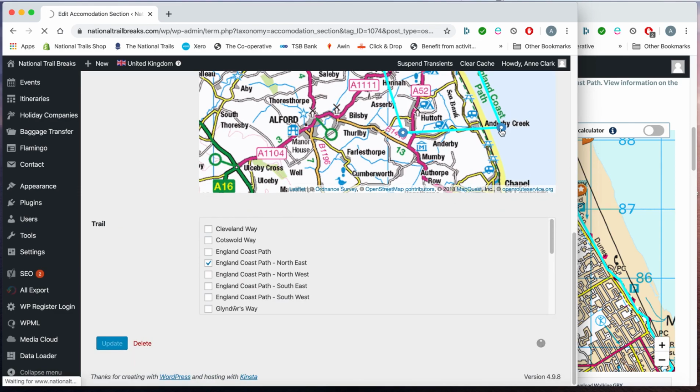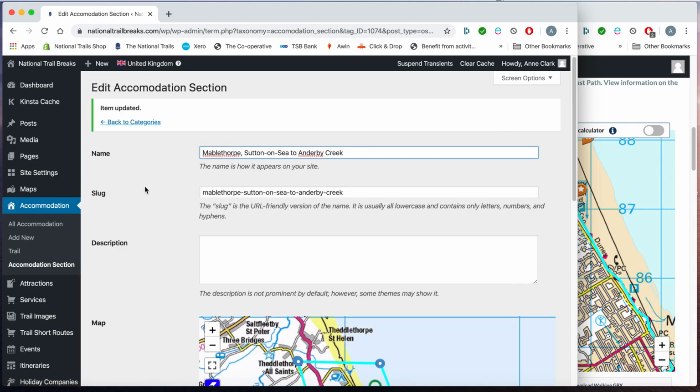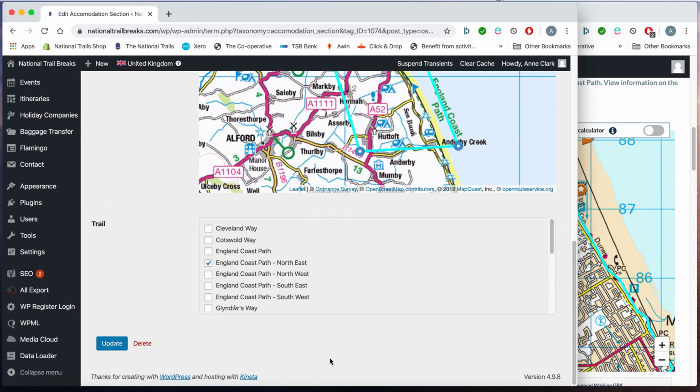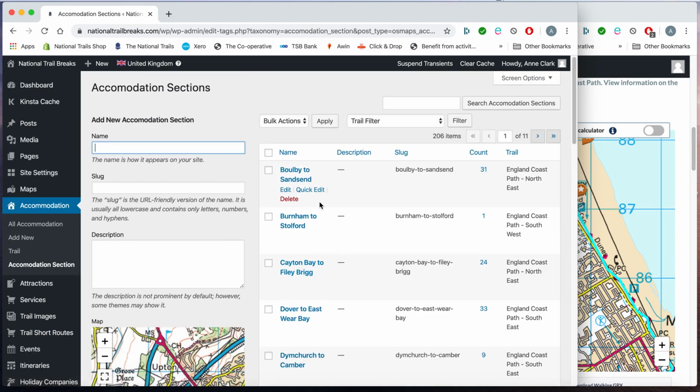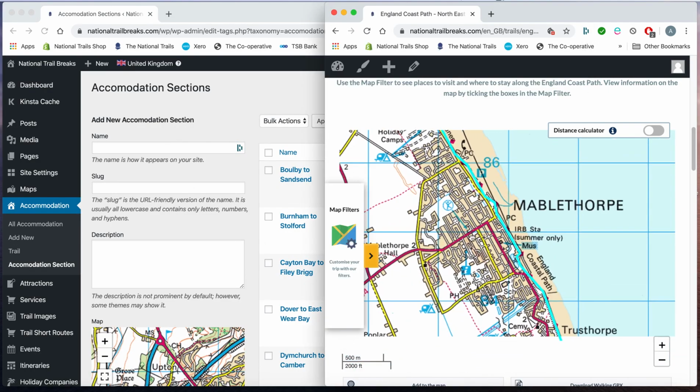So I need to just remember where I've gone down to on this one. So I'm going to update that. Go back to categories, which will take me back. So it's now in this list. We can't see it at the moment, but I'm now going to add the next one. So the next one is going to be